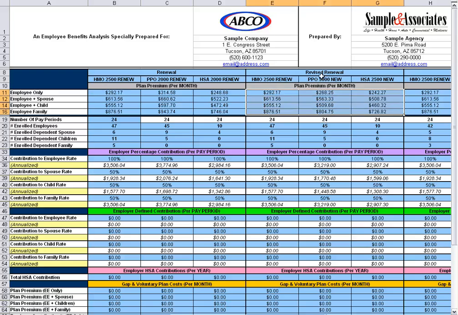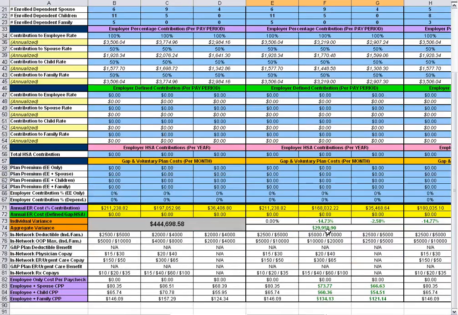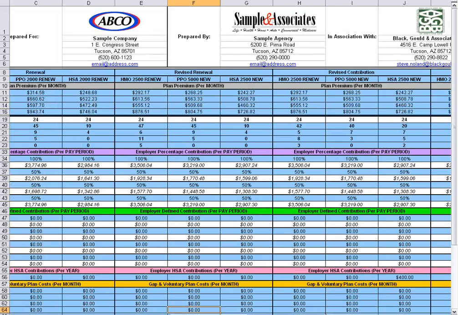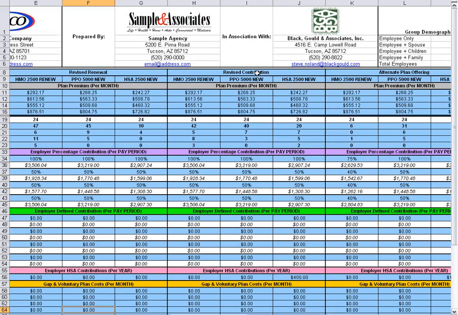The impact in the rates just between those three plans would amount to a net savings to the employer of about 5%. And as you can see, the dependent cost for the employees would go down per paycheck as the plans got more affordable. Where this spreadsheet really becomes useful, though, is when we start to make some demographic assumptions. Looking at the third column right here, we have the same three plans, the same three rates, but we